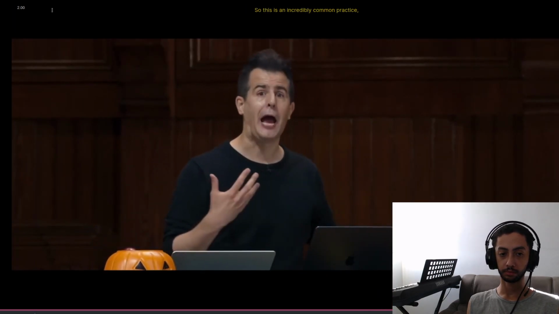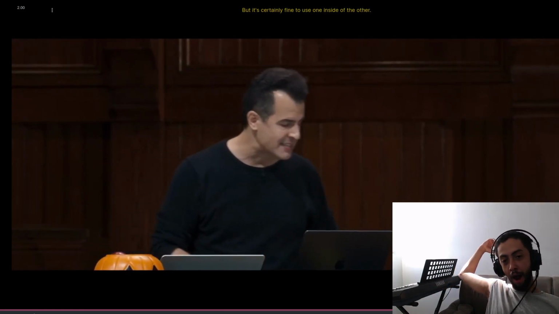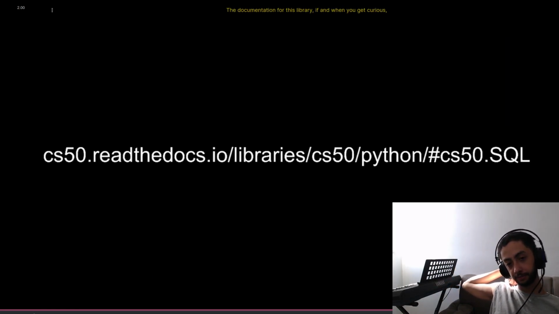So this is an incredibly common practice to use one language for what it's best at. Like SQL is best at reading data from databases. Python is maybe best in this case for creating a user interface or eventually making a web application, but it's certainly fine to use one inside of the other. The documentation for this library, if and when you get curious, is at this URL here, along with a lot